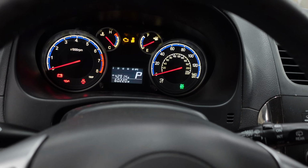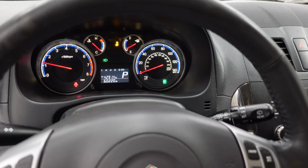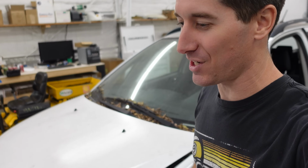And now, let's start it up. Here we go, the jump pack's on it. Starts right up. But I think it's got a problem. So you can hear my absolute gem of a 2012, 2013 SX4 is running beautifully. Beautifully. But